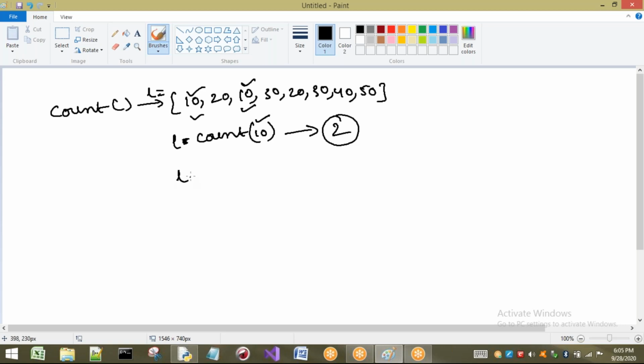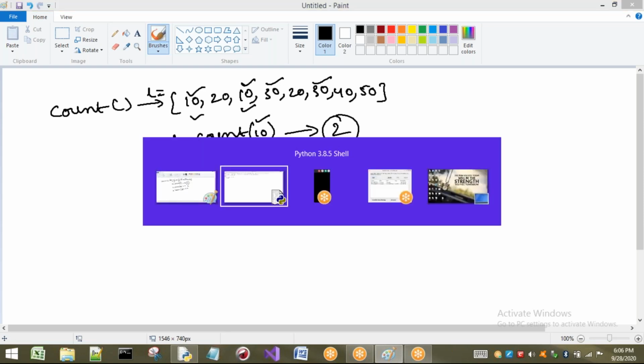In the same way, if I want to find the number of occurrences for 20, for example, I have to give it in this way. It will count the number of 20s present in the list, that is 1, 2. Here also the answer will be 2. In the same way, if you want to find for any element, it will give you that count. For example, count of 30: 1, 2. It is going to give you 2.